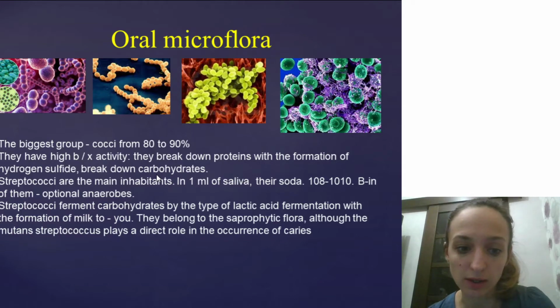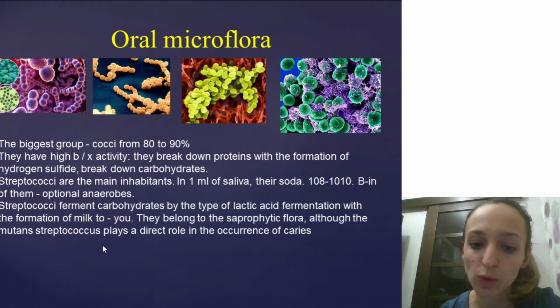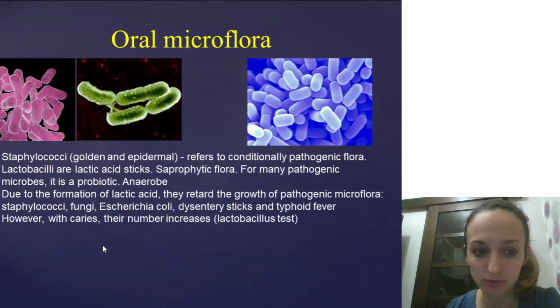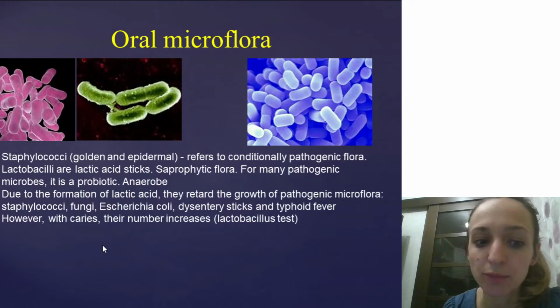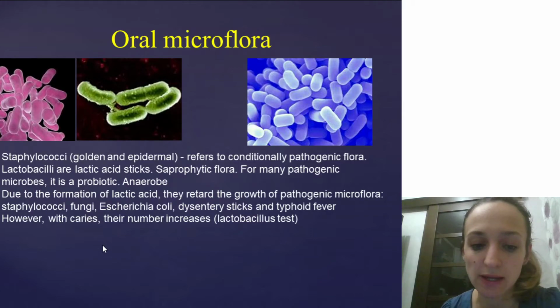So streptococci are the main inhabitants. In 1 milliliter of saliva, they number from 10^8 to 10^10. They ferment carbohydrates by the type of lactic acid fermentation with the formation of lactic acid. And streptococci refer to conditionally pathogenic flora and, due to the formation of lactic acid,